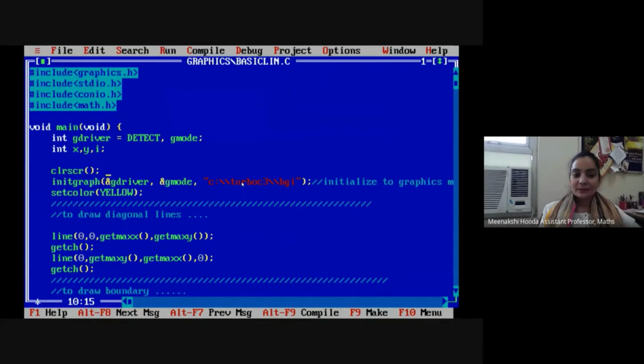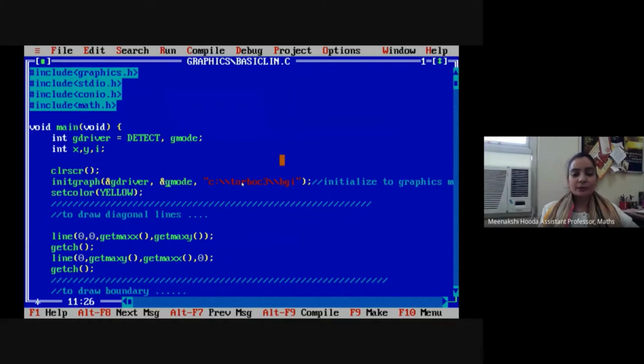Second, as the second parameter, we pass the address of the gmode, which is the second variable that we had declared earlier in our program, which is for the resolution. And third one is the path where this BGI folder is located.